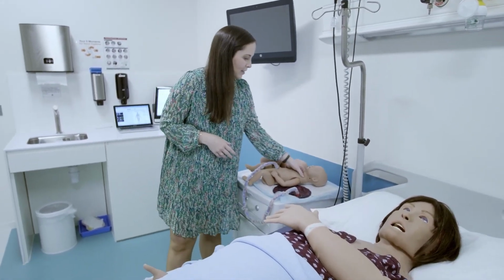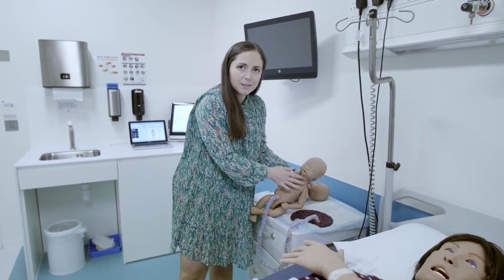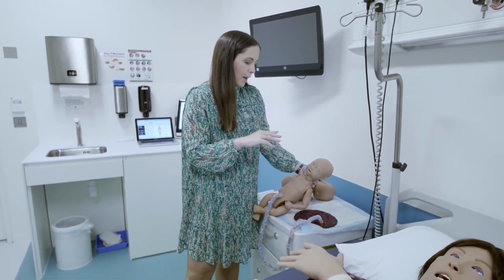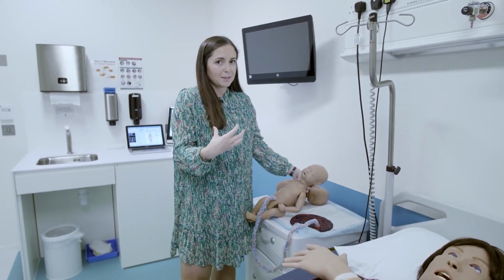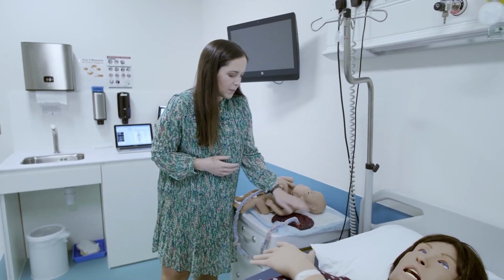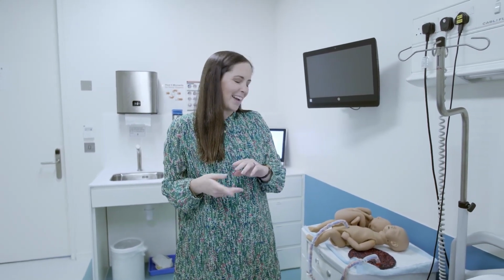So our baby here actually looks like an unusual neck, but has some traction mechanisms in there. So they can see on the screens here behind me the difference between, they often feel, oh, I'm pulling too hard, I'm going to hurt the baby. But actually what that feels like to the baby compared to how strong the contractions are. So that's a learning opportunity as well. We have different types of placenta, so one might be missing, a part of it might be missing. They get shown how to deliver the placenta, and we can also do more complicated things such as breech delivery